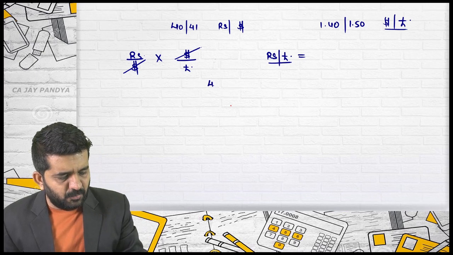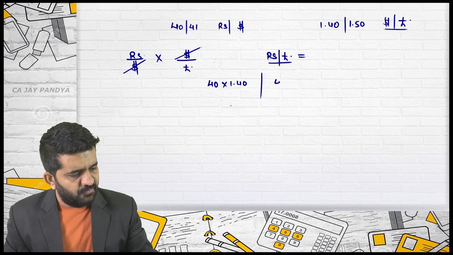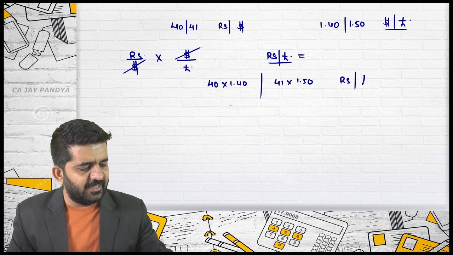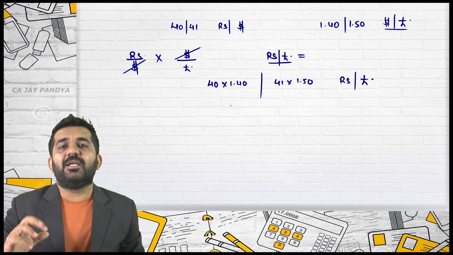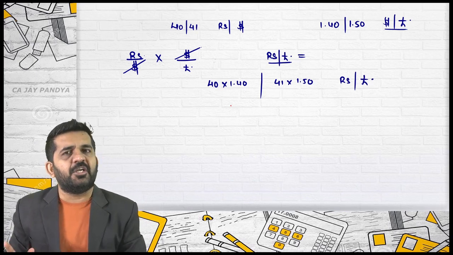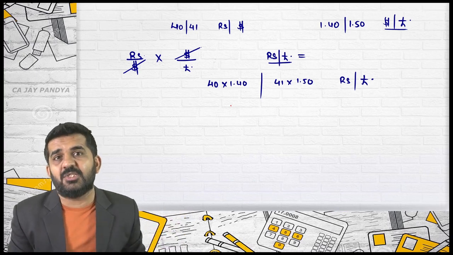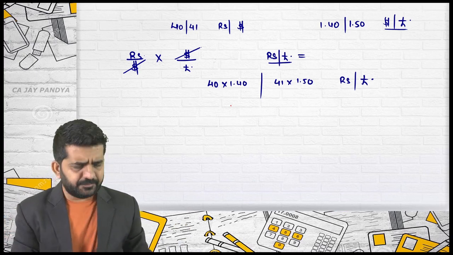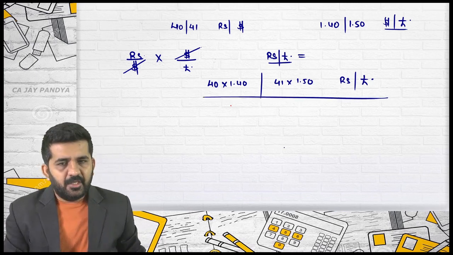So you just need to multiply 40 into 1.40 slash 41 into 1.50, and the answer I get is rupees per pound. Here I have taken the rates in such a manner that I need not reciprocal any rate. Even if it is reciprocal, we have done it in the previous session, so we can easily solve the question. We have taken at the last some 5 rates which we converted into one rate, and this is how cross currency works. Now try to concentrate.